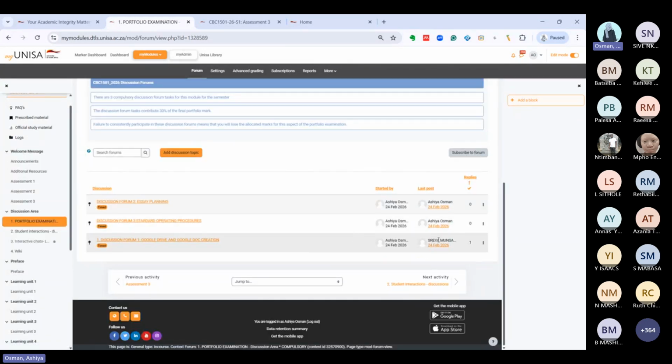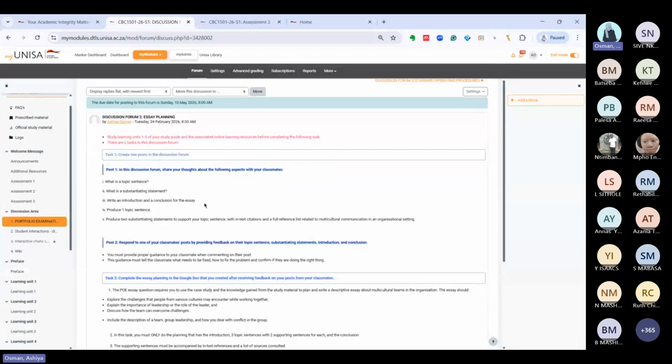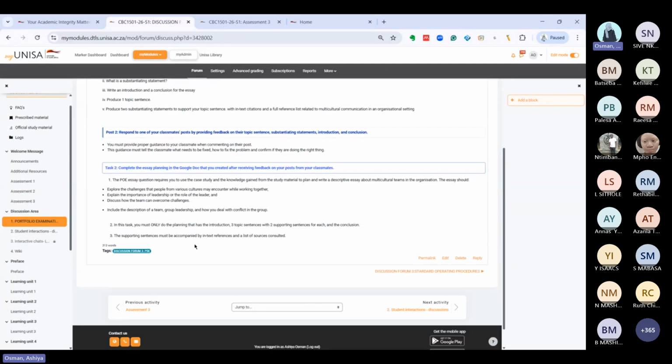The student has gone into the post and created the task. So the second discussion forum, again, task 1 and task 2. This one, task 1 has 2 posts first, all right? So look at the instruction. Then the second task is to complete the task in that Google Doc that you've created in that first forum, all right? And the last forum